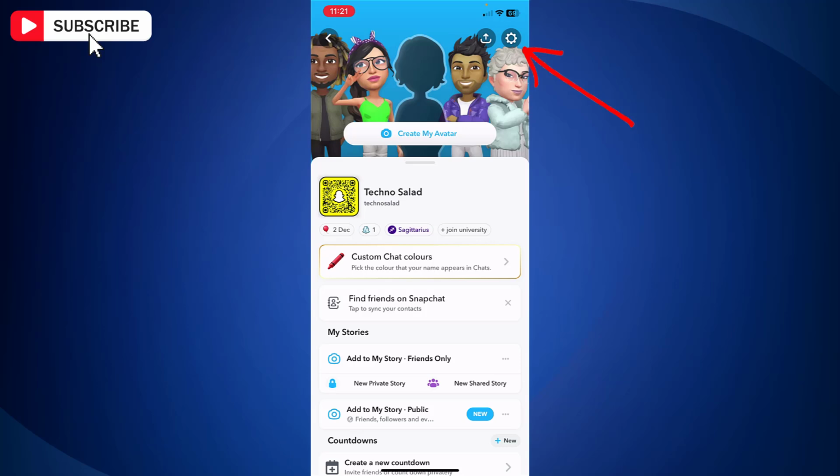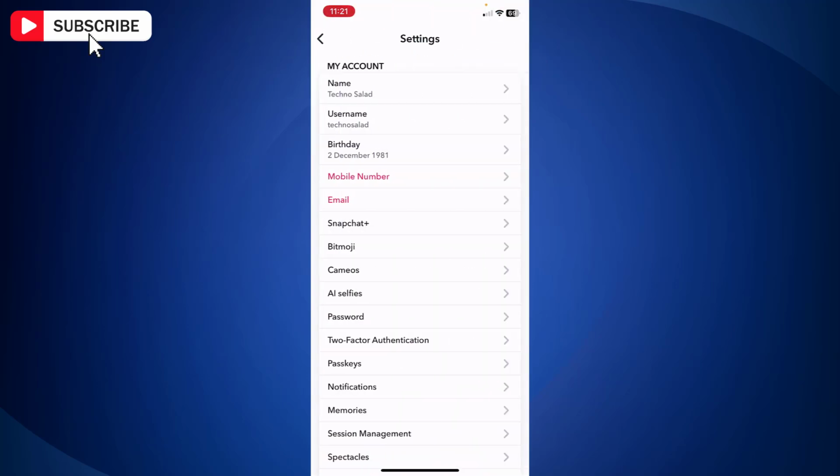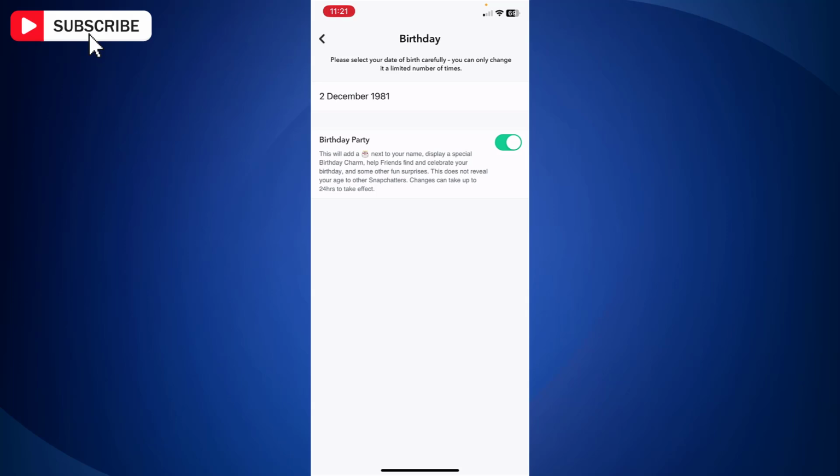Now tap the gear icon in the top right side. Now here on the settings page, you will find your birthday. Just tap on the birthday option. Here you will find the birthday party option with a toggle button. Just turn off the birthday party toggle button